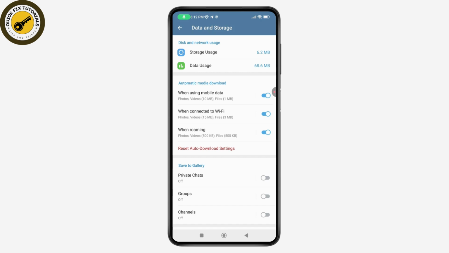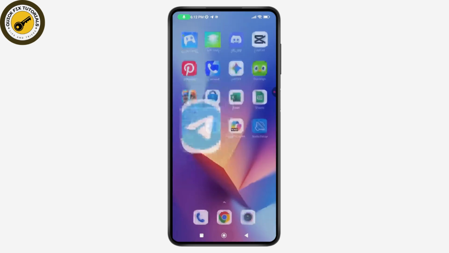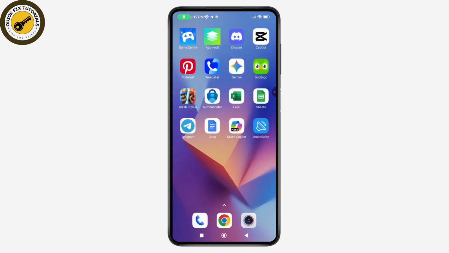And make sure that you also have a stable internet connection, because if you don't have a stable internet connection, then it will decrease your download speed. Once you're done with all of these settings, your internet connection should also be strong and your problem will be